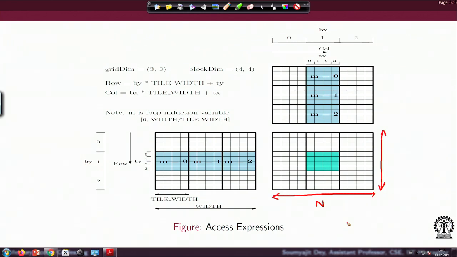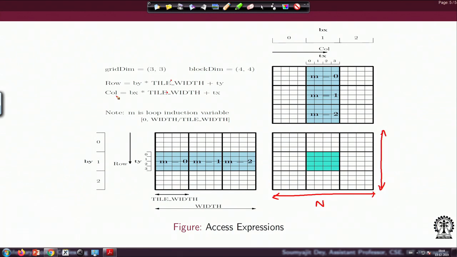Here we are setting the block dimension in the x and y axis both equal to the tile width variable, which of course depends on the dimension of the matrix. The tile width variable gives me the block dimension in the y direction and similarly in the x direction. If you replace this with blockDim.y and this one with blockDim.x, that gives me the usual access expressions for the row and column for a specific location in the matrix.